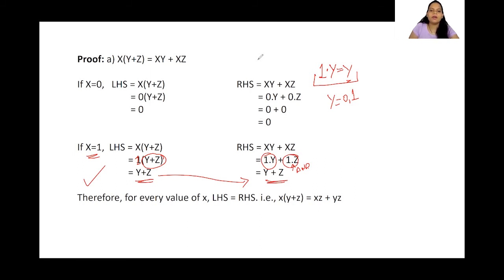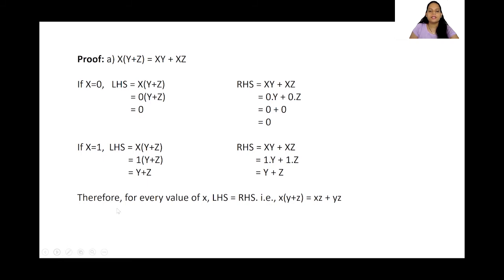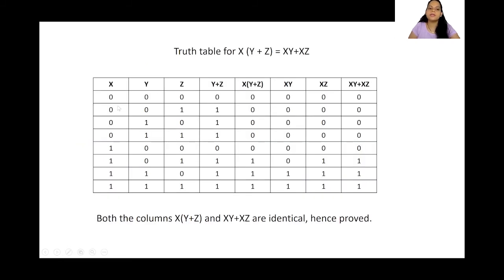Right. So, we have proved this theorem. First one we have proved. So, let's see the truth table for the same. I'm writing a truth table. I'm taking x value, y value, z value. First, I will take y plus z, which is nothing but this value. How am I getting it? I'm doing an OR operation between these and I will get this value. You can try that. Then I'm doing an AND operation of x, which is this one, with whatever value I got from y and z. So I'm doing AND operation of these two values.